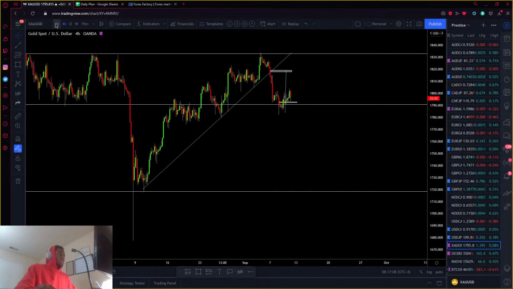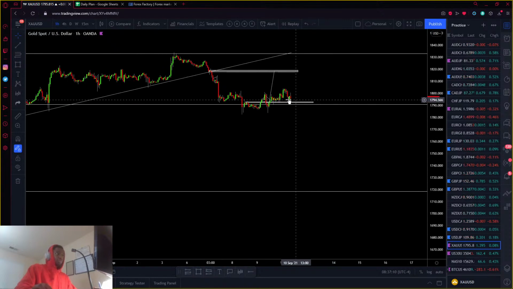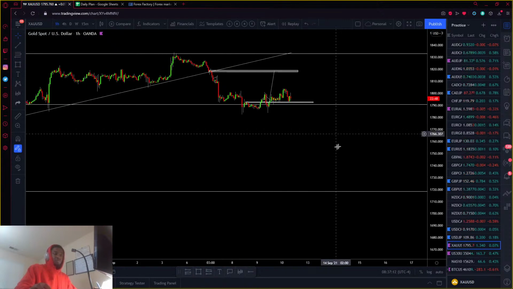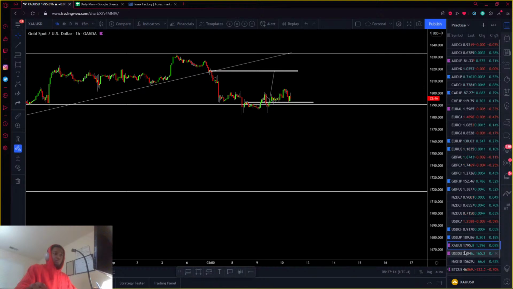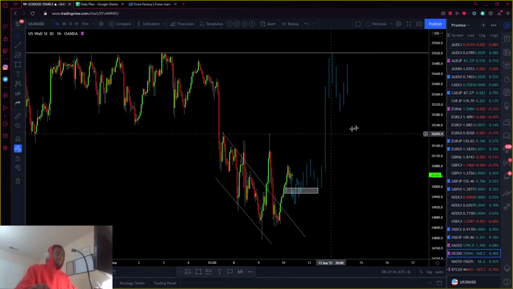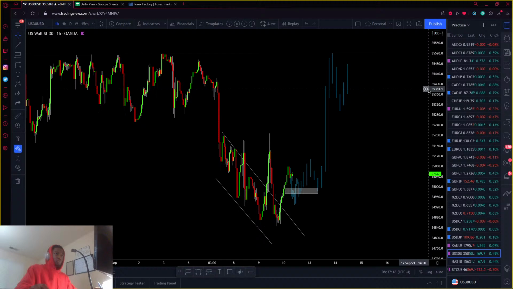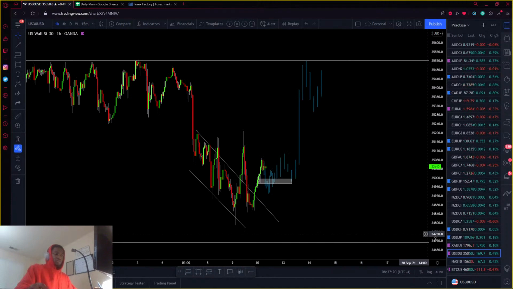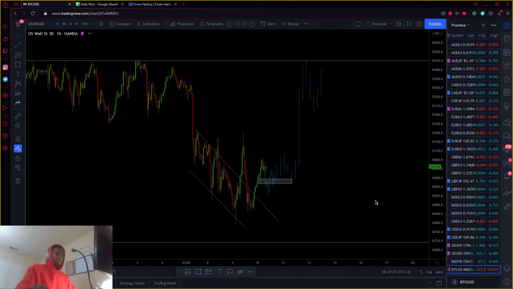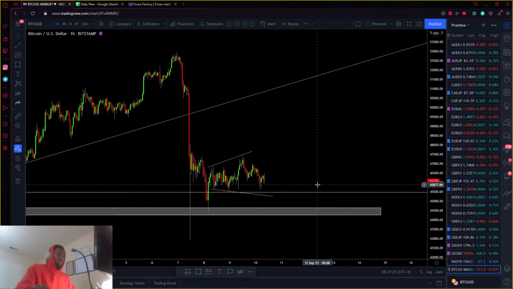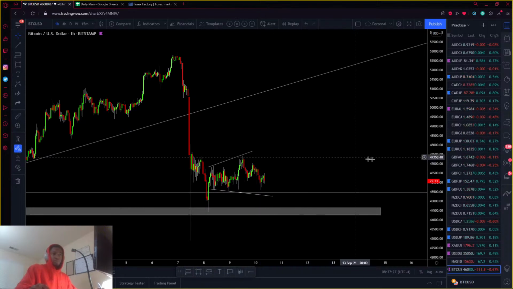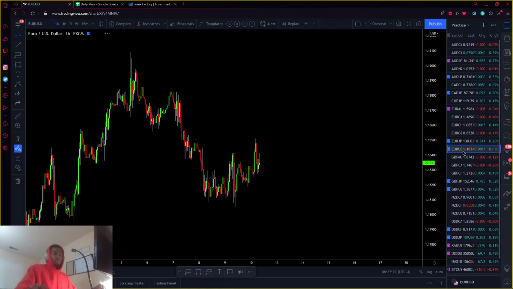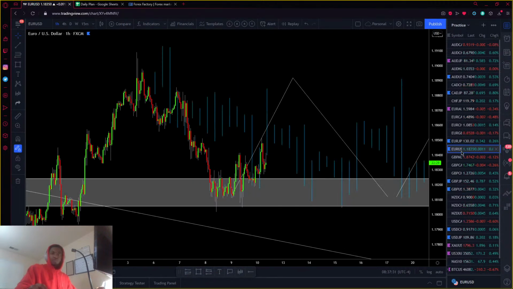Looks like gold may have made a slight push up. Yeah, it's giving us an entry opportunity. So there's an entry opportunity for gold for a push up. I'm not going to label it as a buy for me. I'm not going to track it. It's not something that's too important for me. I'd rather wait for a better setup, personally. And then Bitcoin, looking for it to scale down a little bit further. Other than that, I think that's everything.